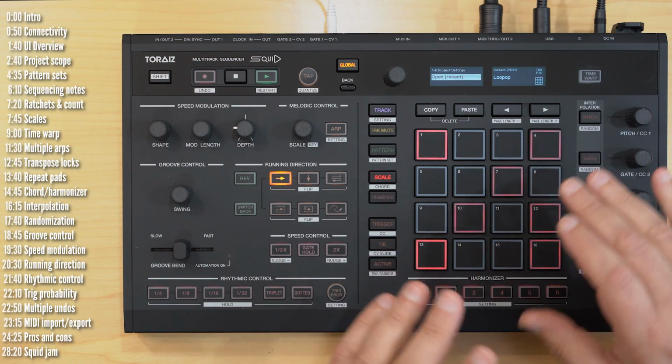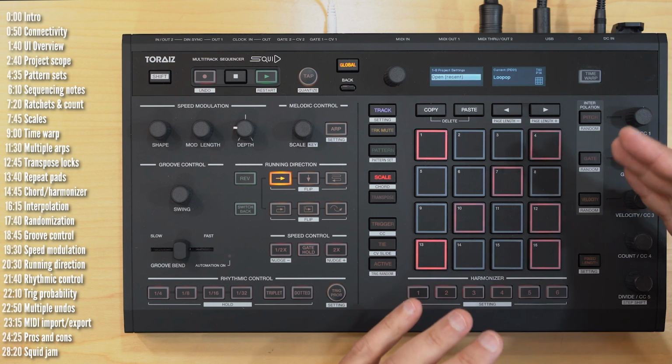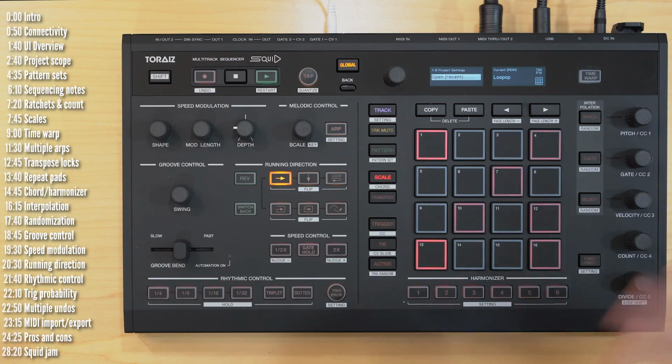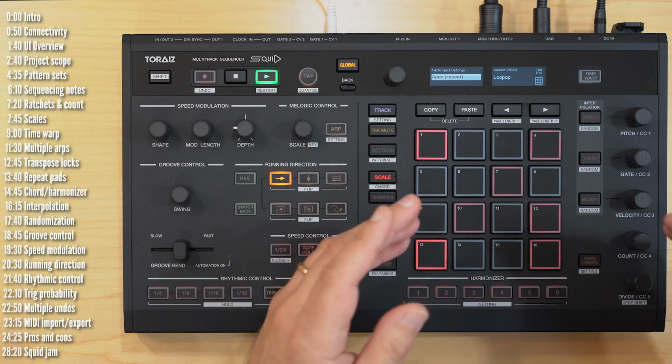It's always listening to everything you play, whether on the pads or on an external keyboard. And then when you feel like you've played it right, just hit time warp. And it turns out Squid has been recording everything you played in the last 16 bars. So let's try and work out a masterpiece melody. Let's say,